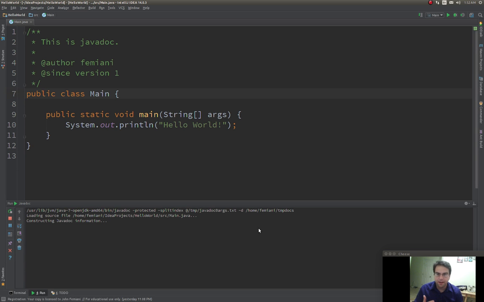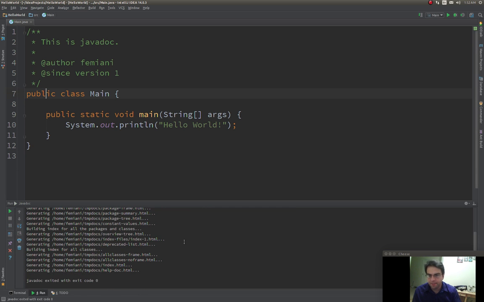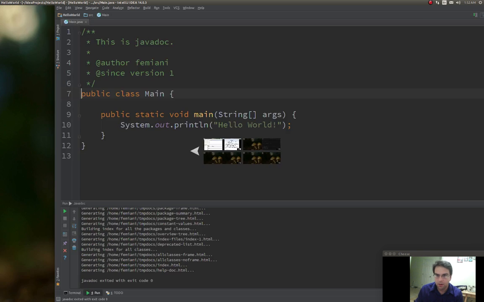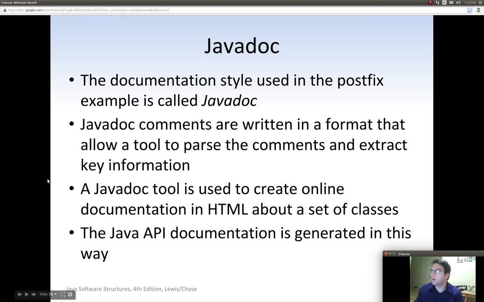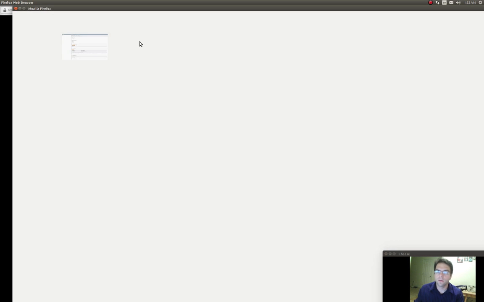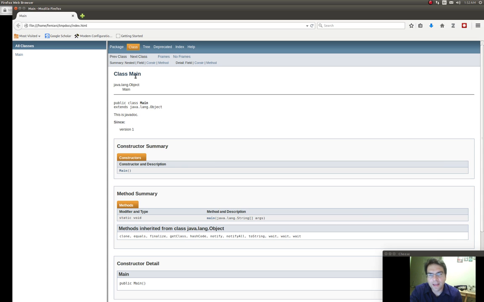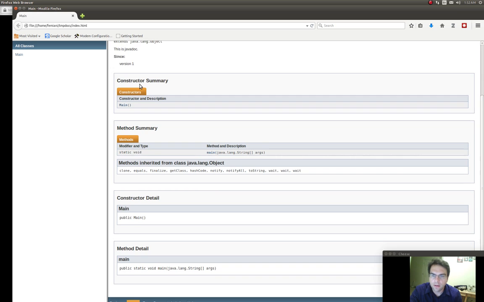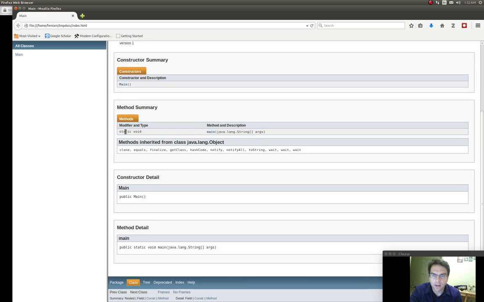It generates a Java HTML documentation. Looks all professional and stuff. And it should pop it up in a browser window. Let's see. It's over here. So there's my class main, and it has a static void main function. And if I look at that main function,